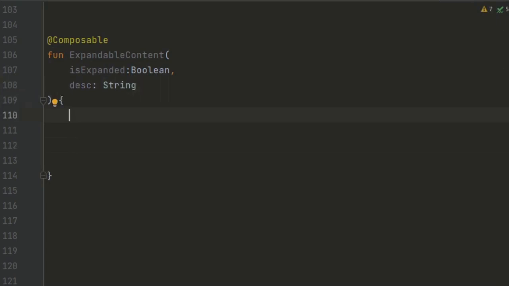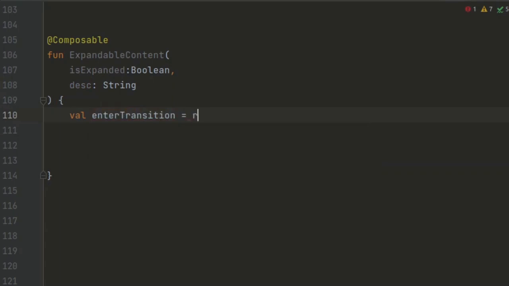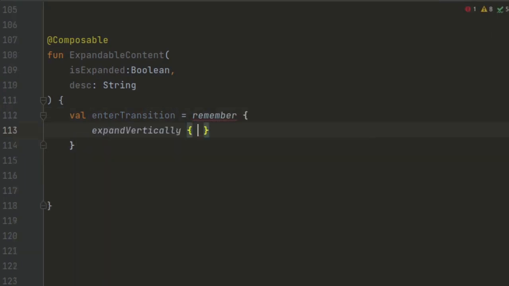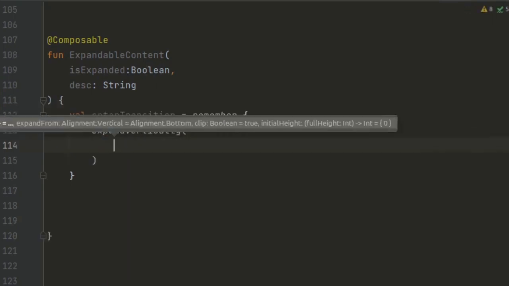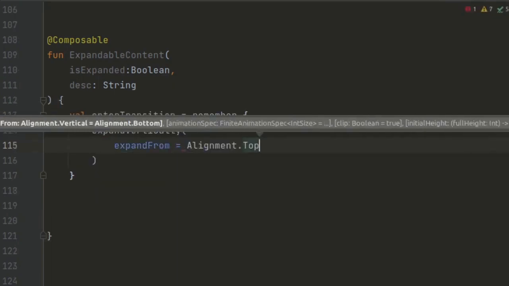So inside the composable function, we define two transitions, the enter and the exit transition. This transition controls how the content enters and exits the screen when the item expands or collapses. We use the expandVertically and shrinkVertically animation modifiers to create vertical expansion and shrinkage effects. And respectively, we set the expandFrom and shrinkTowards parameters to Alignment.Top to ensure the content expands or